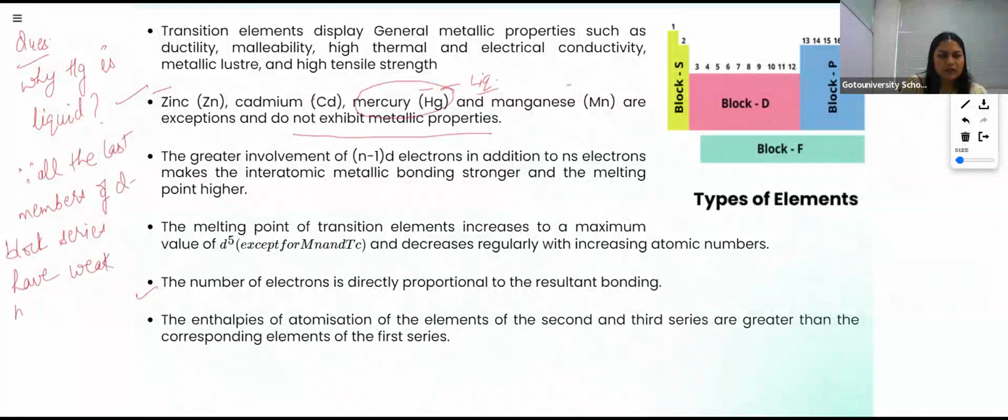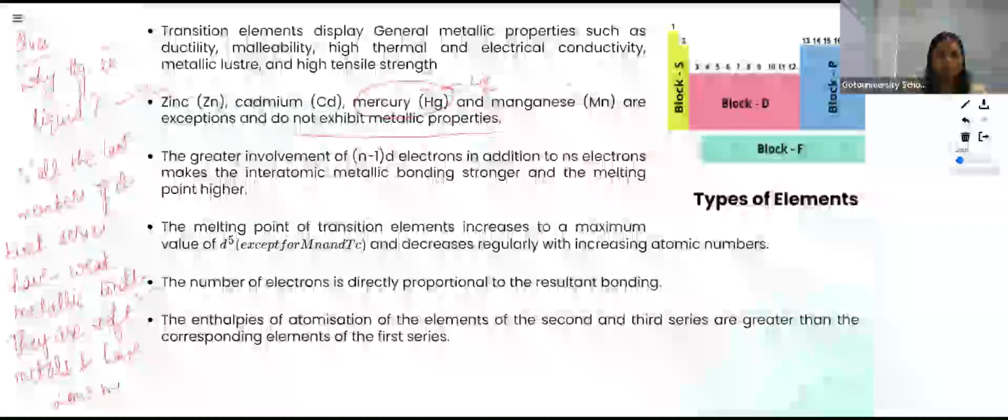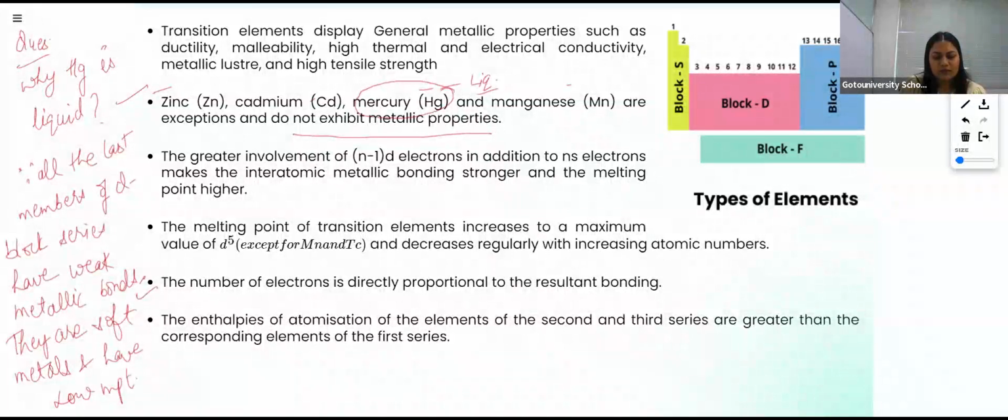All right, they have weak metallic bonds, and as they have weak metallic bonds, they are soft metals, and they have a low melting point, which is why